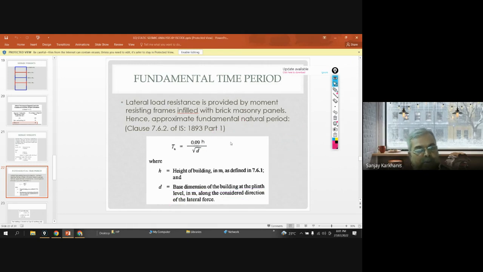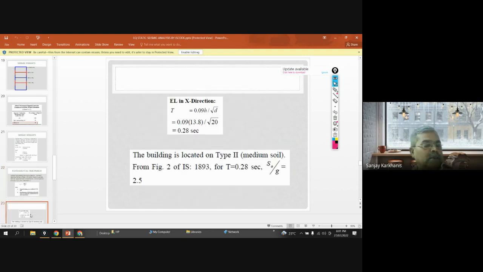Yes, sir. So you can find out the time period, that is the time taken by the building to complete one cycle of vibration. That is period of vibration, and it is denoted by TA in our case. Clear? Now once you know this, then you can find out